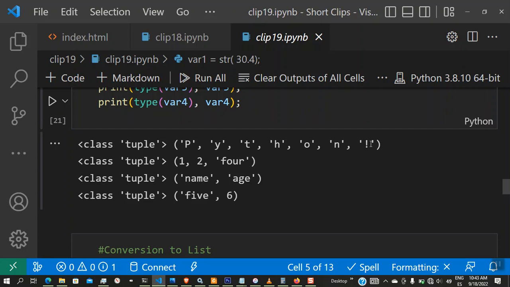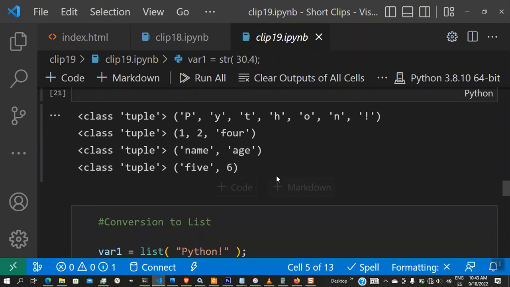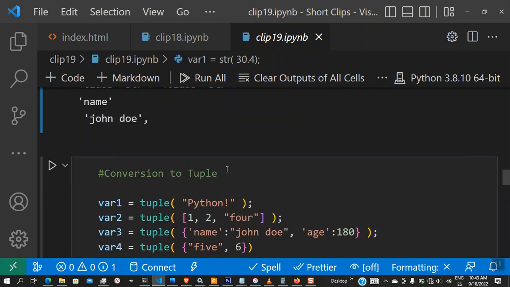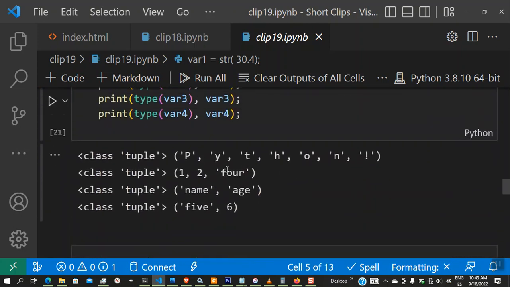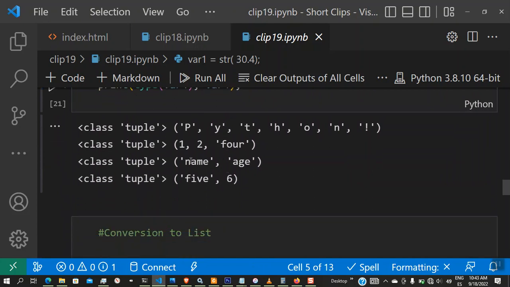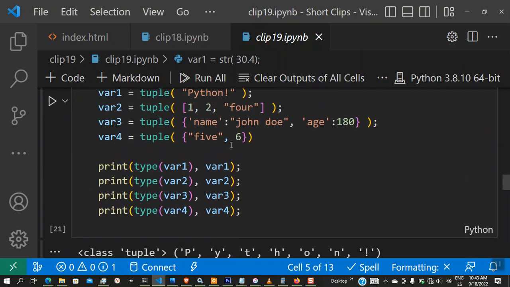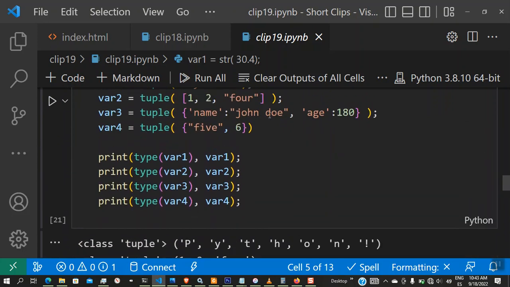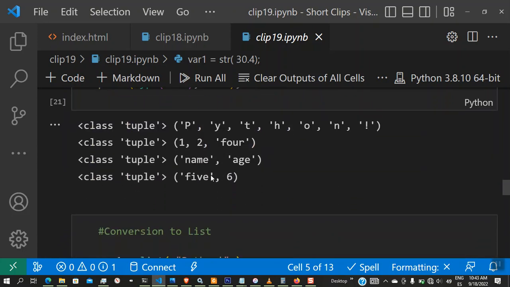And you can see they're unordered because sets are another data type. Now, tuples, sorry, are another data type. Let's see. Python. All right, they're ordered because tuples are ordered, not sets. Sorry, you're going to see the unordered nature of sets. Now, you see this 1, 2, 4. This was created from the list. This was created from the dictionary. As you see, only the keys were picked, while this was created from the